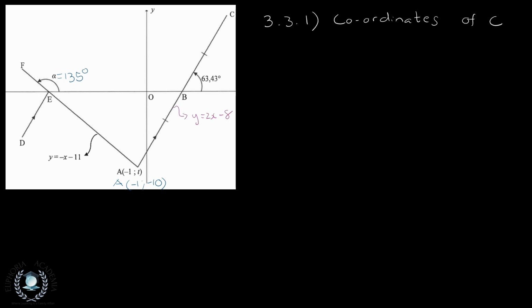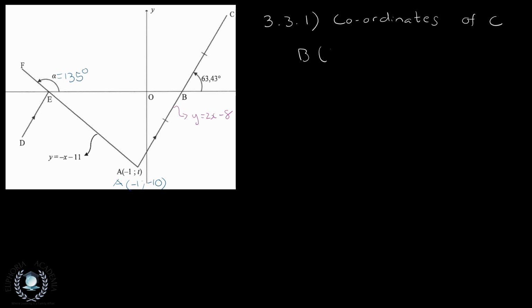For 3.3.1, we're asked to find the coordinates of C. Now, C lies on the line AC. We could go the long route and try and find the equation of the line and substitute, but the quickest way is to use the fact that B is actually the midpoint of the line AC. We know that it lies on the x-axis, so that means the coordinates of B